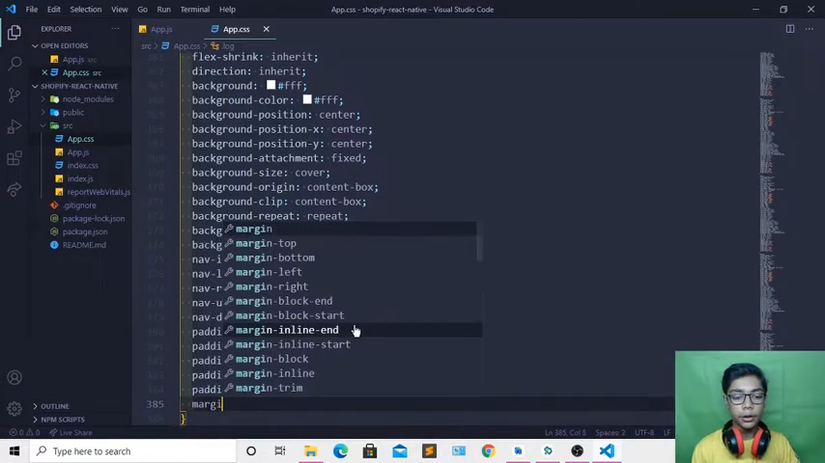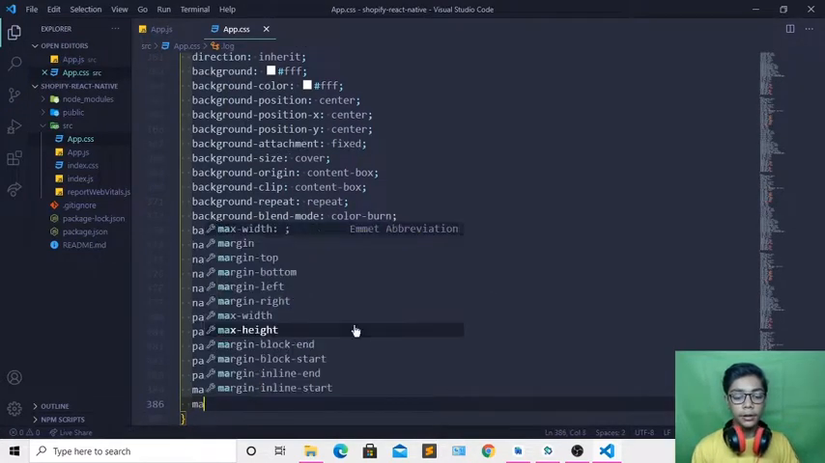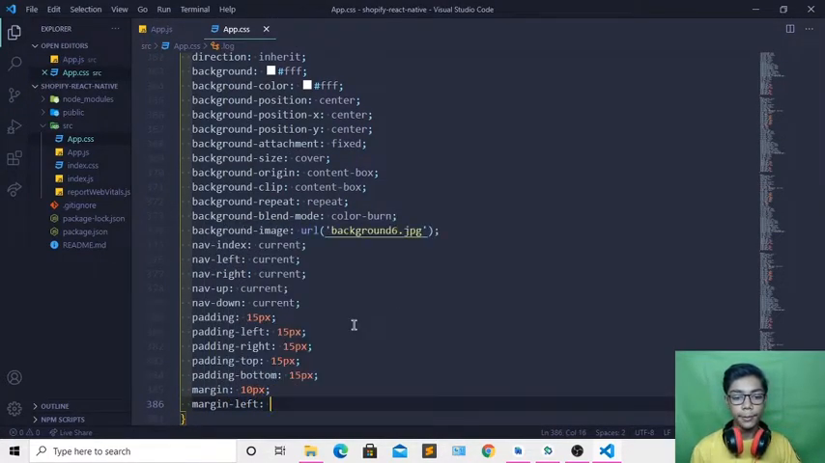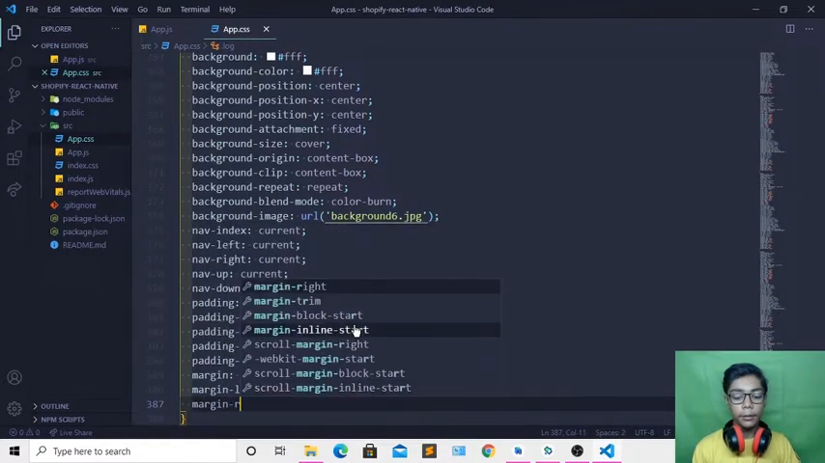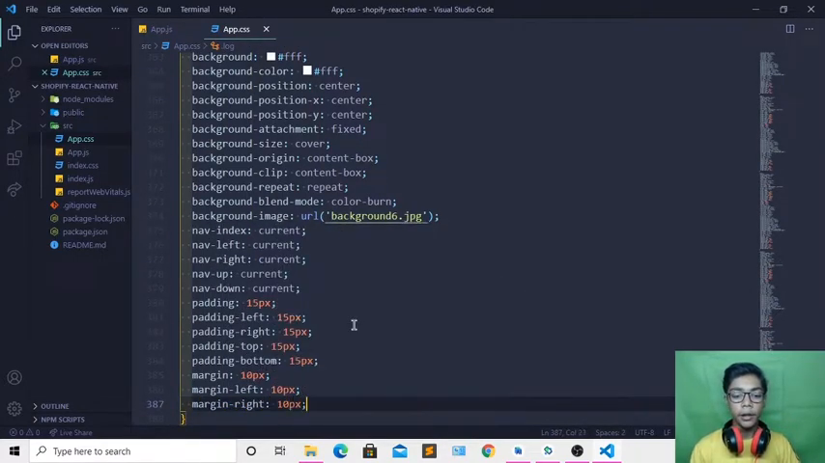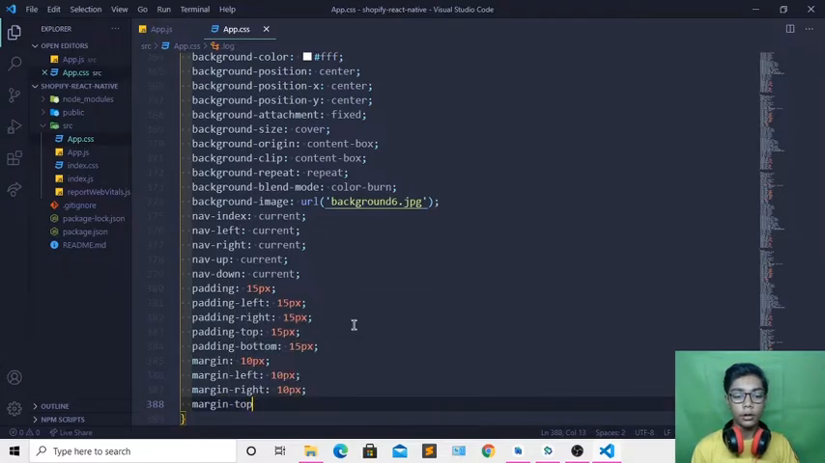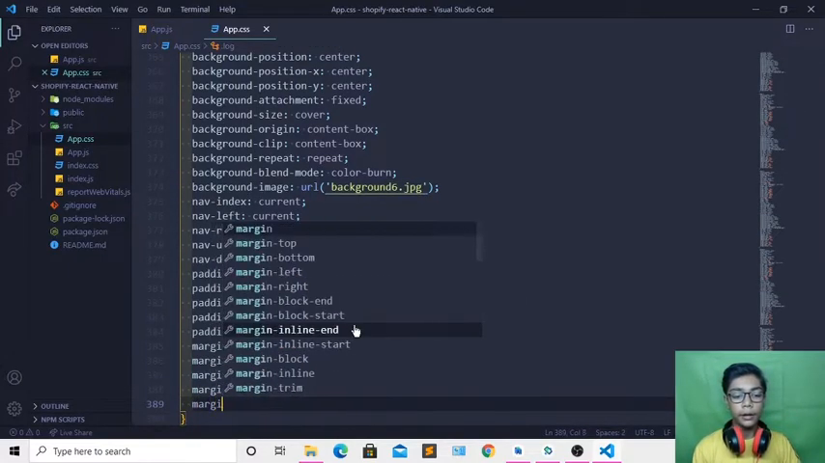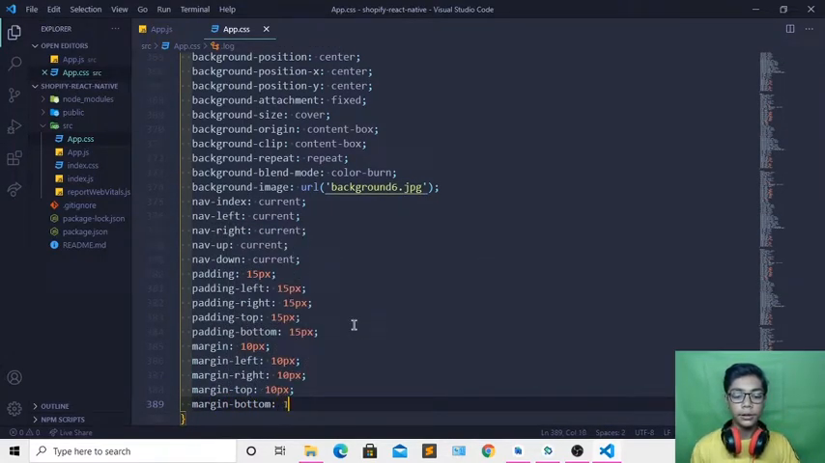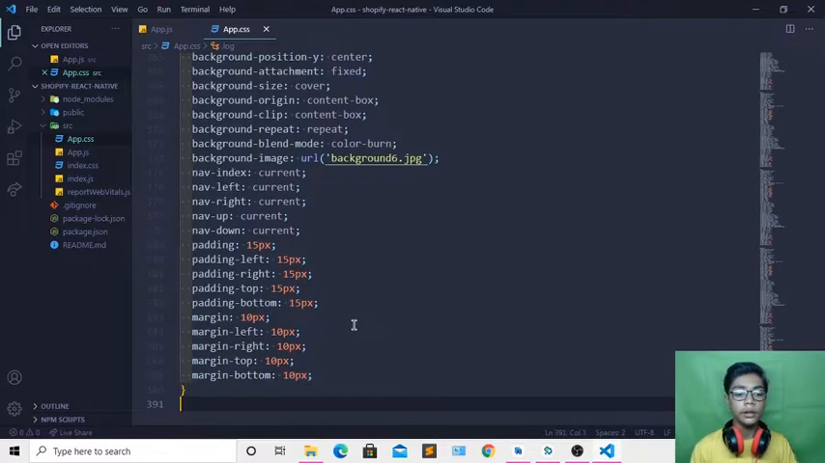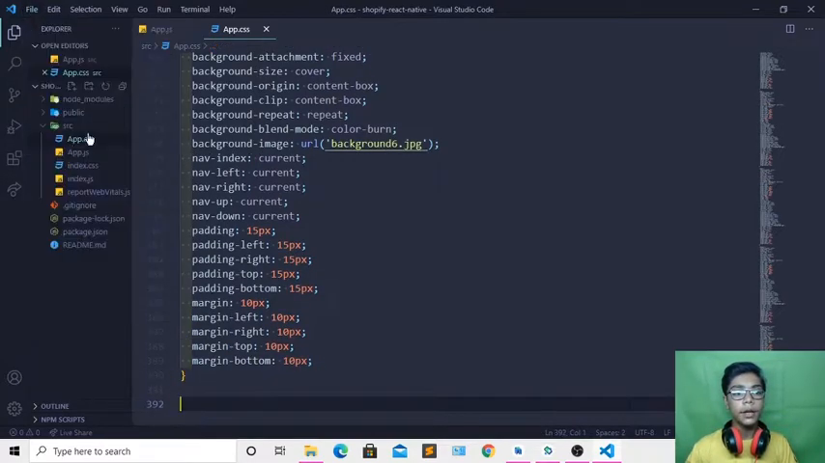Then you have to come underneath and create margin 10 pixel, create margin left, which will be 10 pixel, and I will now be writing margin right 10 pixel, create margin top, which will be 10 pixel, and I will be writing margin bottom, which will be 10 pixel now. So here when you've done all that, I will be hitting save here,